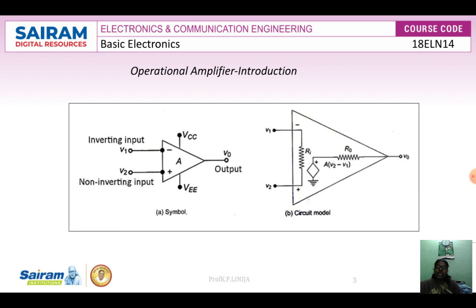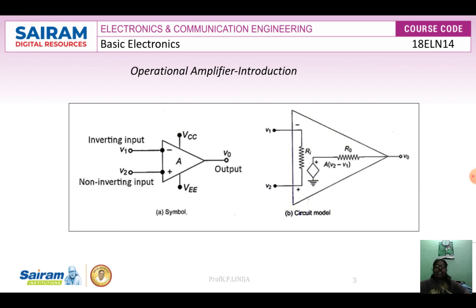The sign of the inverting input is minus, and the sign of the non-inverting input is plus. We are giving two inputs, that is V1 and V2. Two supply voltages are also needed here, that is plus VCC and minus VEE, at pin number 6 and pin number 4. The output is also taken. Here the inverting input is V1, the non-inverting input is V2,